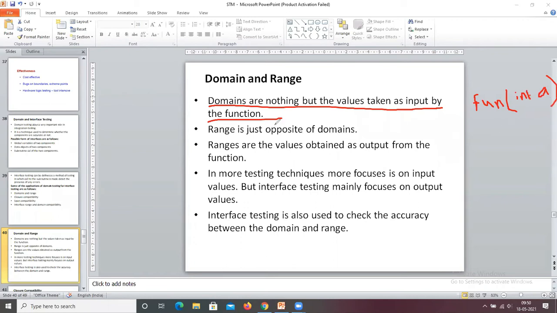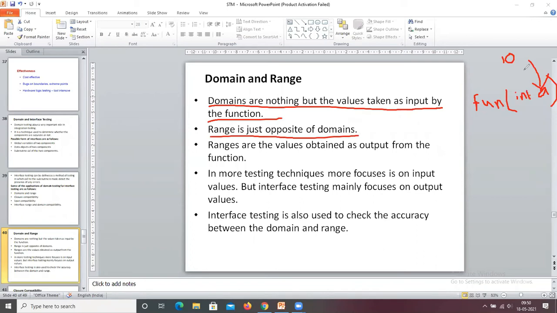So what is the domain? The domains are the values taken as input by this function. It takes some value, for example 10. Now this 10 is the domain. What is the range? Range is just opposite to the domain, the set of output values produced by this function.